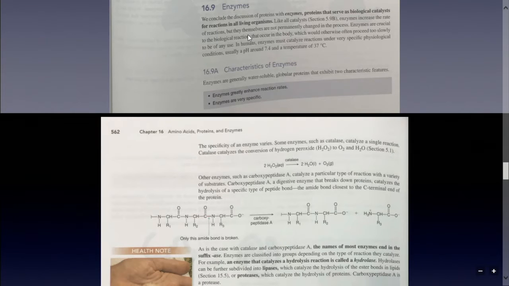So basically, they're going to be proteins. That's why they're in the chapter proteins. And they're going to serve as biological catalysts for reactions in all living organisms. That word catalyst means to speed up or to help occur. So oftentimes, I need a catalyst to make things happen, like an alarm clock to get me out of bed, or a